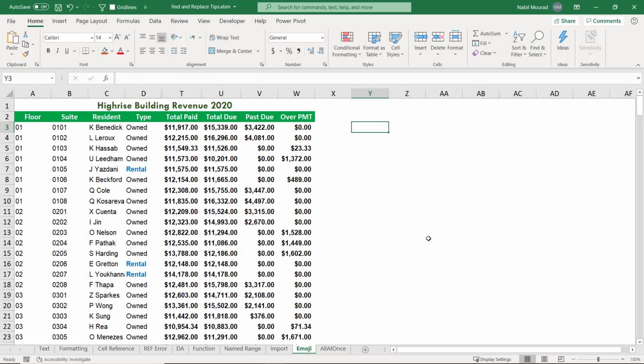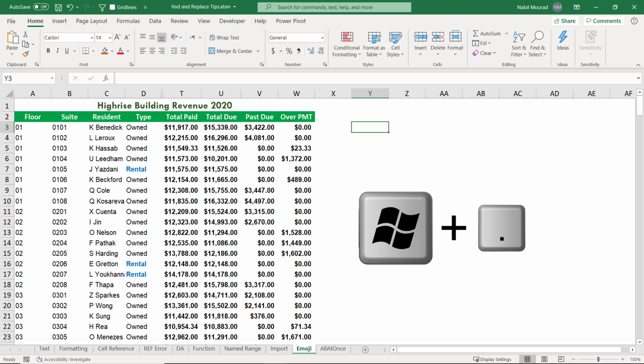You can also use emoji in your calculation. And using emoji can make your worksheet a lot more fun, a lot more attractive. And in order to access the emoji, you need to use a very special shortcut, which is the Windows key